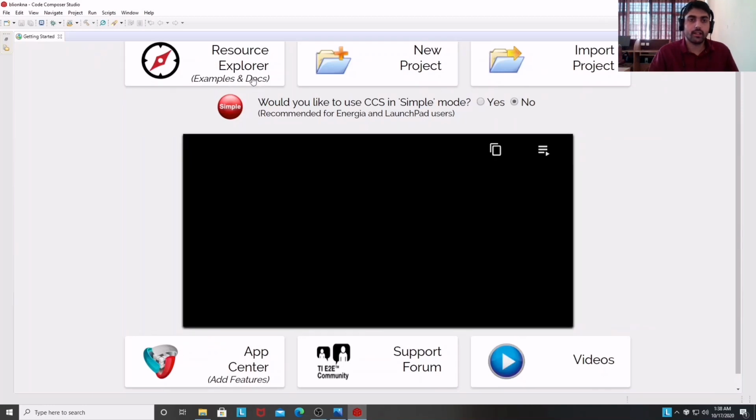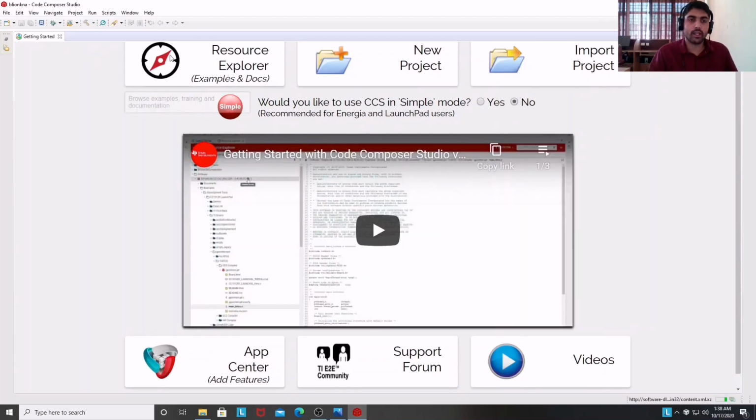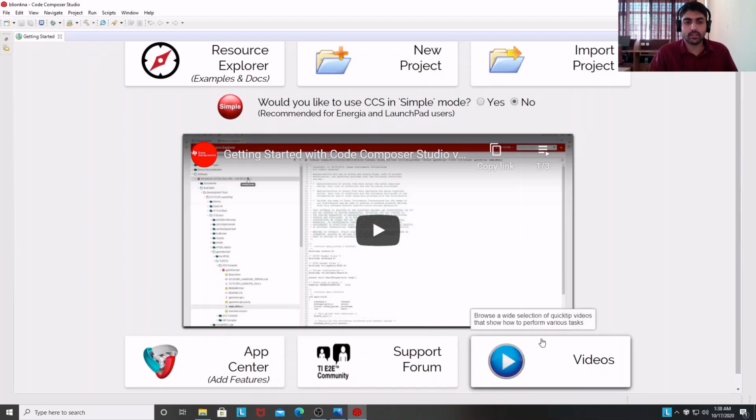Here you can find this resource explorer. If you are working here on the Texas Instruments boards like MSP430 etc., you will find these resources over here. You can see the different examples also there. Or if you wish to have a new project, you will click on this project, or if you already have a defined project and you want to just import that, you can do that from it. And if you have any problem, or if you want any support related to Texas Instruments, you can go through this part. You can also access some videos, but today I will just show you how to start